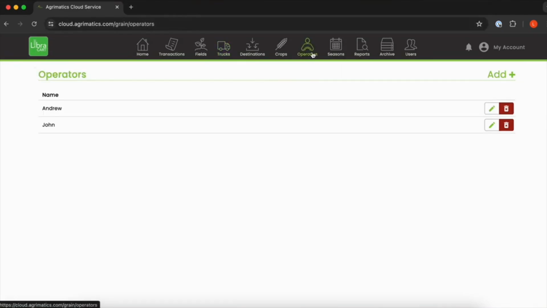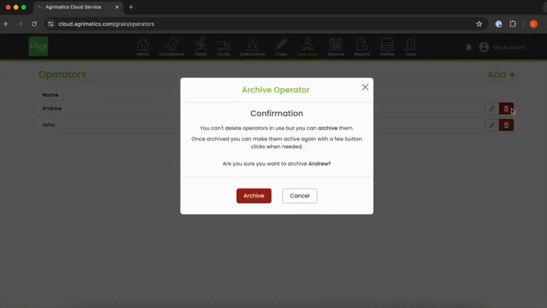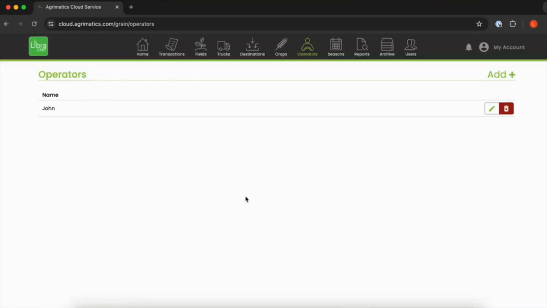And archived and deleted items will be removed from your lists. And again, that main difference is that deleted items cannot be brought back, whereas archived items can be brought back at any time, as we'll be showing you here. So say I have my two operators here, and maybe our Andrew operator here, he's not working with us this year, and so we can remove him just because